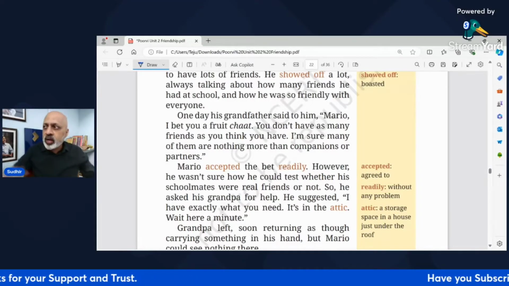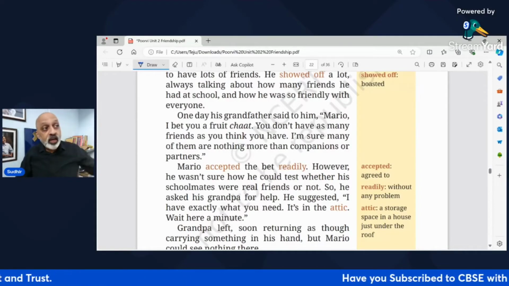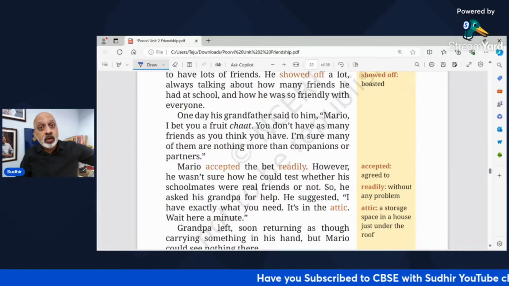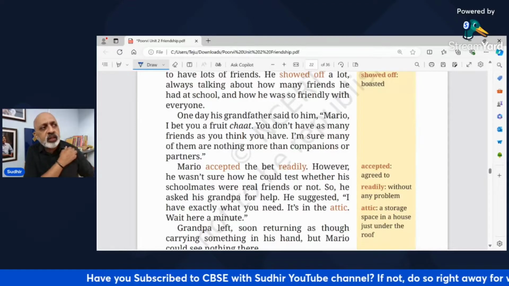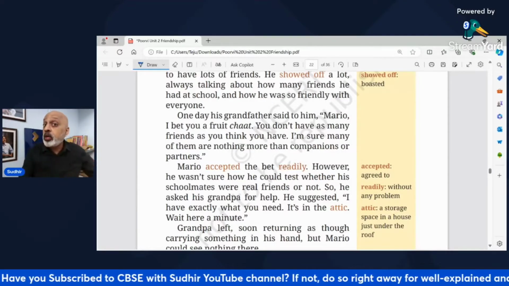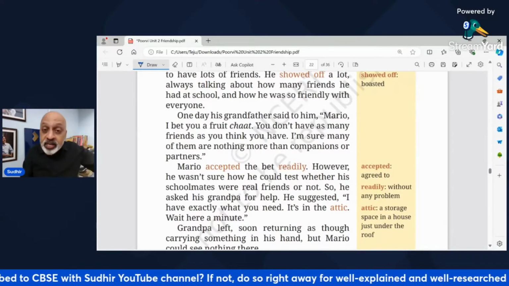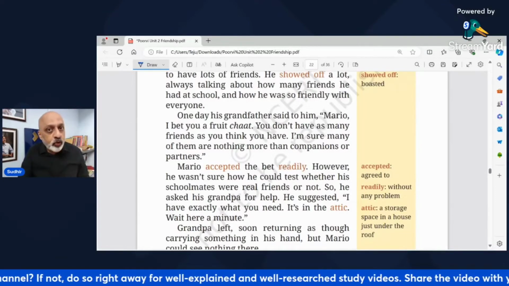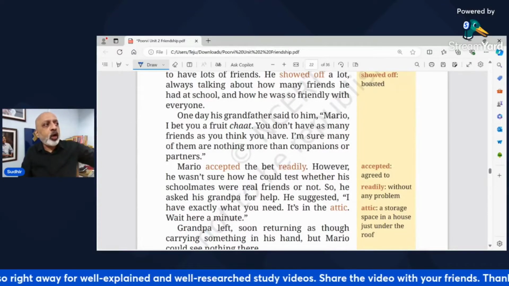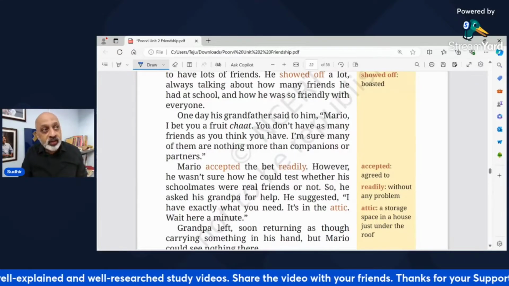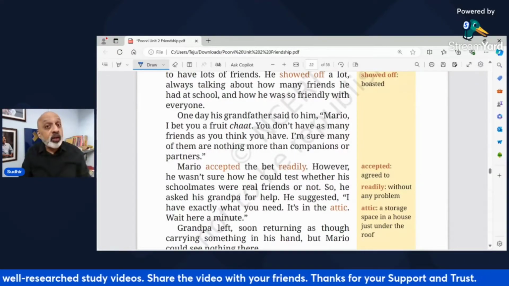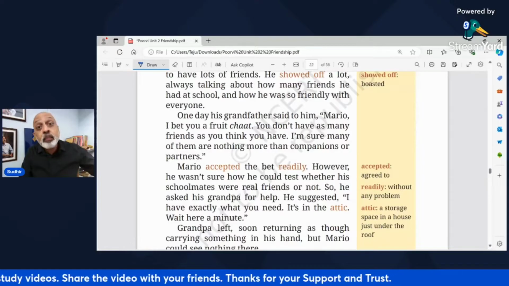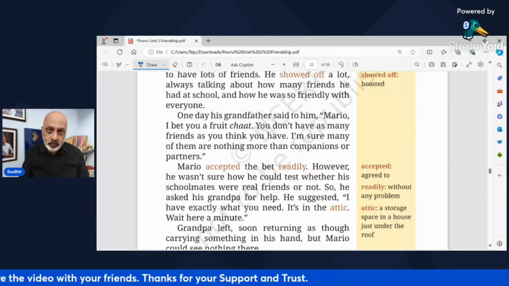ये भी मेरा दोस्त है, वो भी मेरा दोस्त है. No, ये मेरा पार्टनर है, इसके साथ मैं कुछ काम करता हूं. स्कूल से वापस आते वक्त we come back cycling together. Now he may not be your friend, but he's your partner in doing that particular task. Or you have been given some project at school. They say that, okay, Rohit and Mohit will do this work together. It does not mean that Rohit and Mohit are thick friends. It only means they're partners on this particular project.